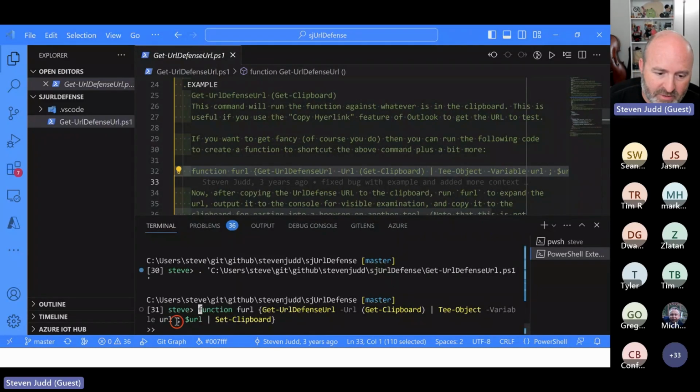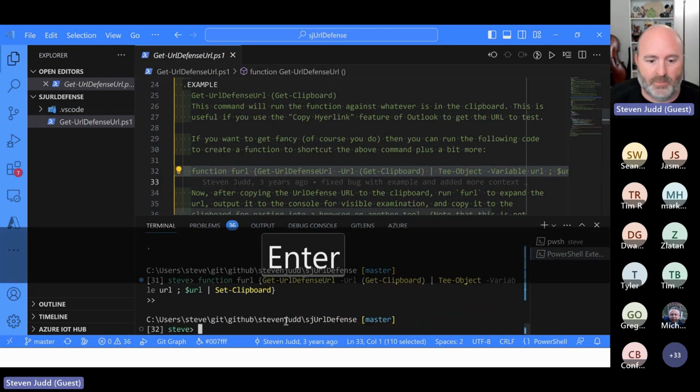Because the first command ends right here, what T object does is whatever you tell it to do. In this case, create this content into the variable URL and continue piping this down the pipeline. So it doesn't end. T object isn't the end of the destination. Okay? And then because there's nothing else after here, it effectively goes to the command processor, which says, all right, I'm going to pump it out to the console. Then I took the URL and put it in the clipboard.